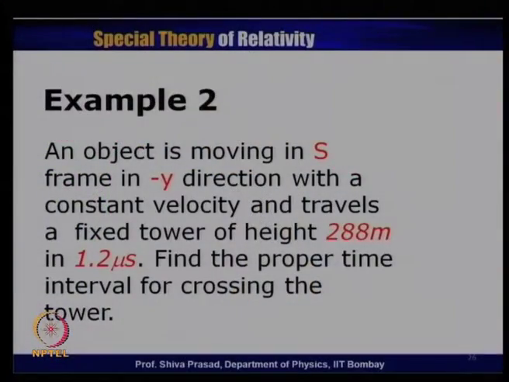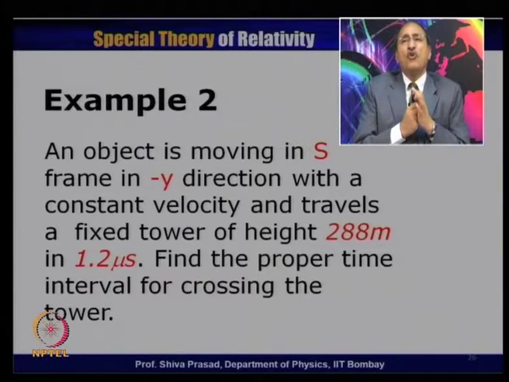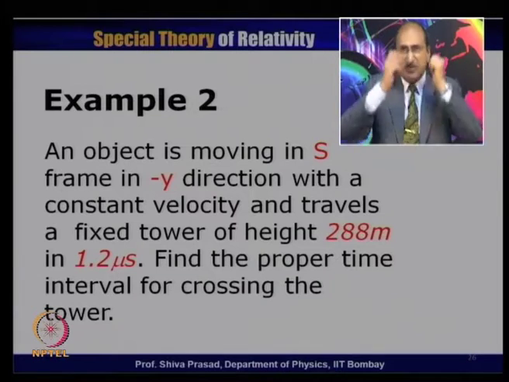Let us take one more example, which is slightly more difficult, because you have a motion involving both the y direction as well as the x direction. So, let us imagine that there is an object which is moving in the S frame in the minus y direction and is moving with a constant velocity. Let us imagine that the y direction is the vertically upwards direction,